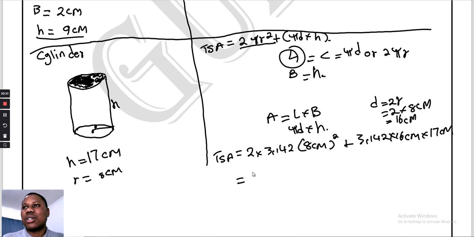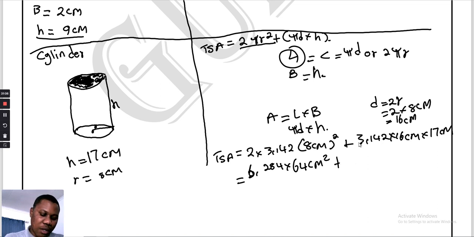So we're gonna have, what is 3,142 multiplied by 2, right? 2 multiplied by 3,142 is equal to 6,284 multiplied by 8 to the power 2, that is 64. That is 64 centimeters squared plus